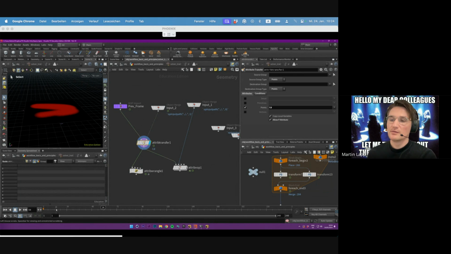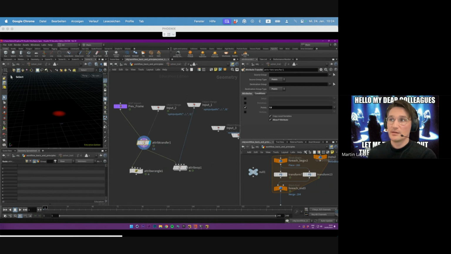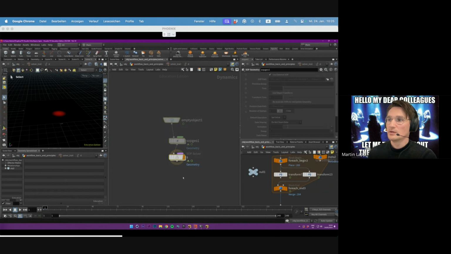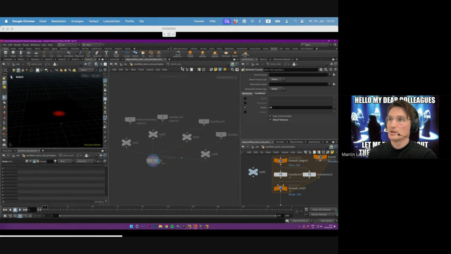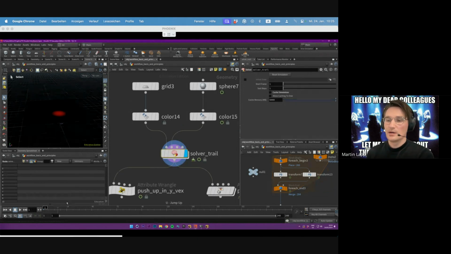I should say that if you're inside of the solver, you see, if you look here, I'm on object level and then this workflow basics and principles level. And if I dive inside, I now dove inside 3 levels actually. I'm in this S thingy and these in the D context and then the solver trail. So if I go up, you can see there is a bit more happening than what I dive in directly to, because I'm basically going 3 levels down at once. And if I go up, I can already see